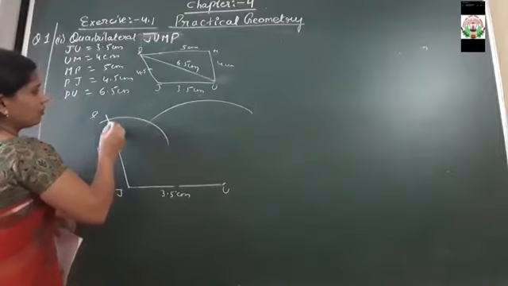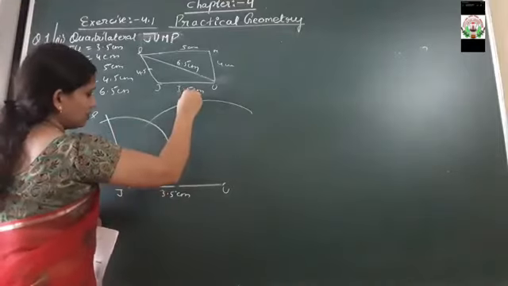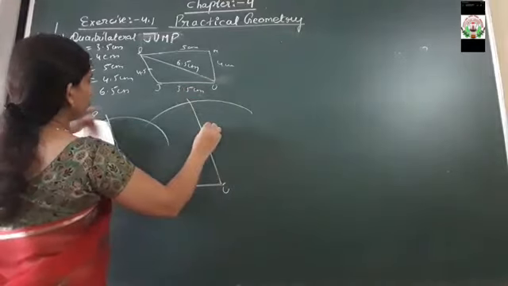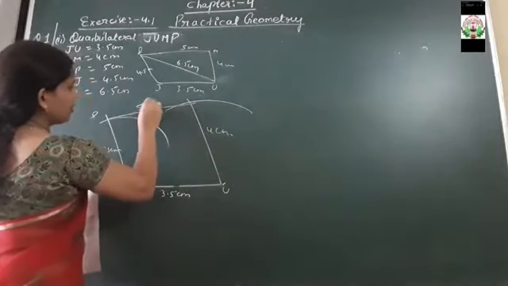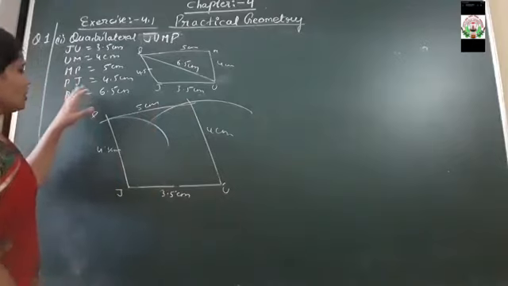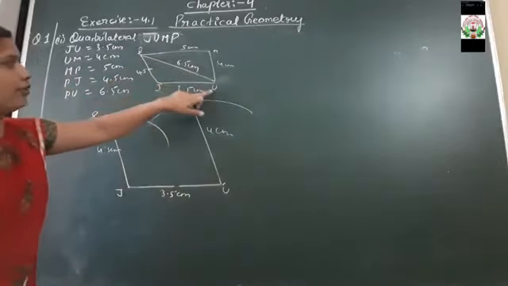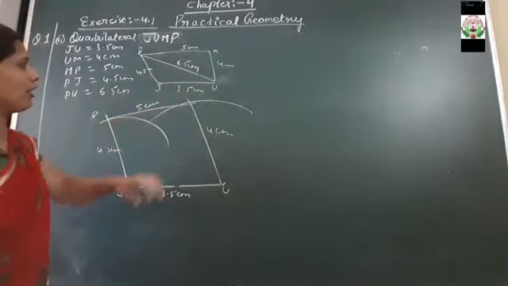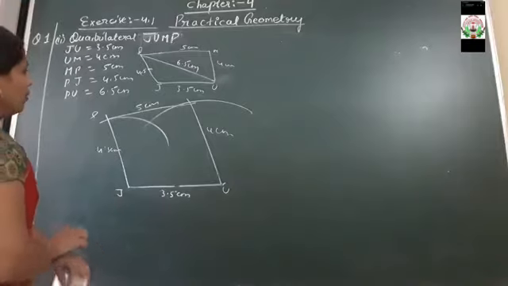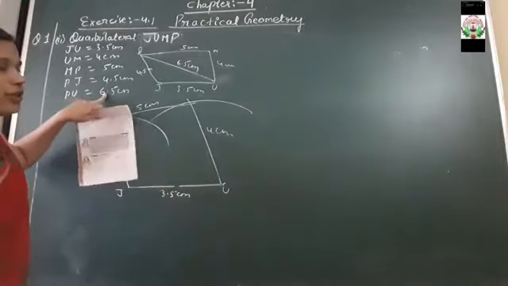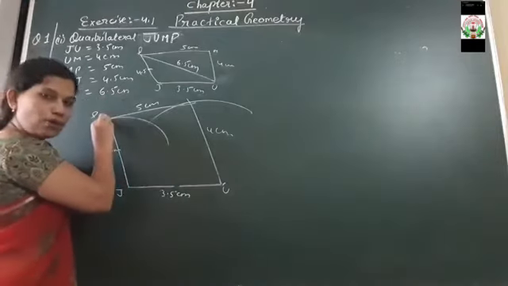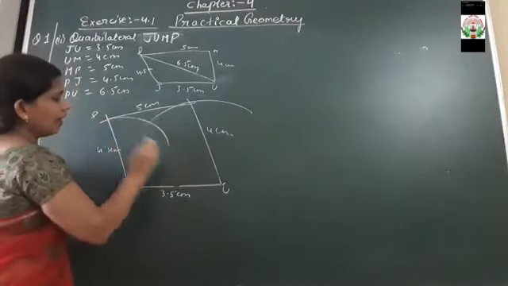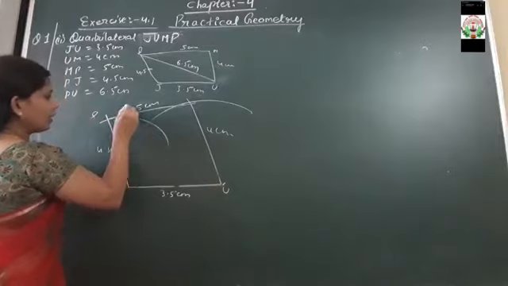Now this one is 4 centimeter. Join these two lines. It will be 5 centimeter. Now next one is, what is our diagonal? We are having PU. So for that diagonal what we have to do? PU is our diagonal, isn't it? What is the measurement we are having? That is 6.5. So that measurement we have to measure on the mouth of your rounder, keeping the needle at point U, draw another arc.